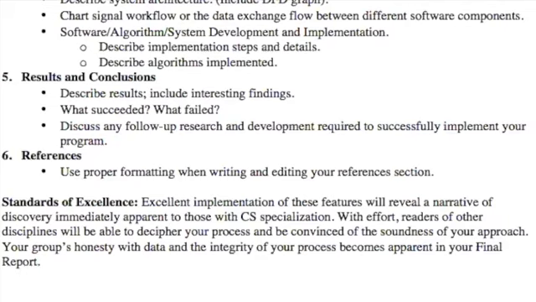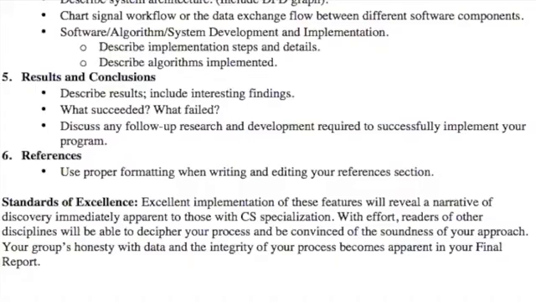Are you going to implement this in an excellent way? Here would be the standards of excellence for this report. Excellent implementation of these features will reveal a narrative of discovery immediately apparent to those with CS specialization. So anybody in your field should be able to follow your report like a story. And even the system architecture part, that's where they're going to see things that maybe other people reading your report